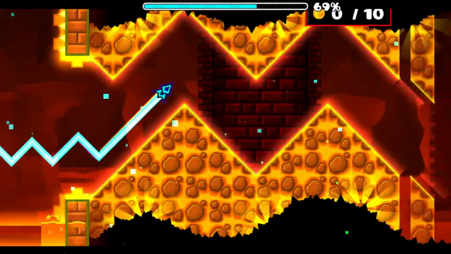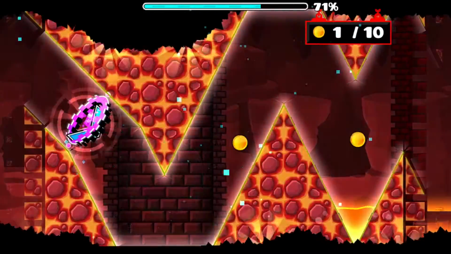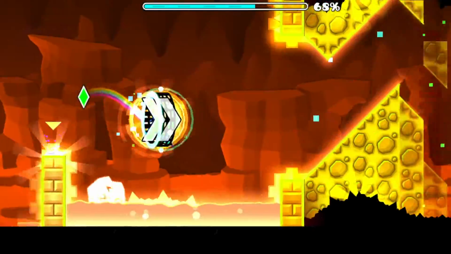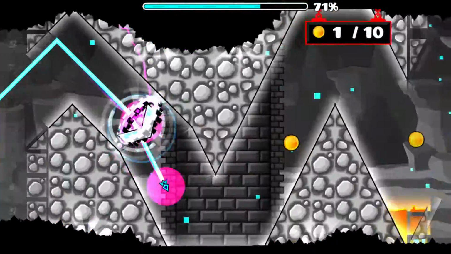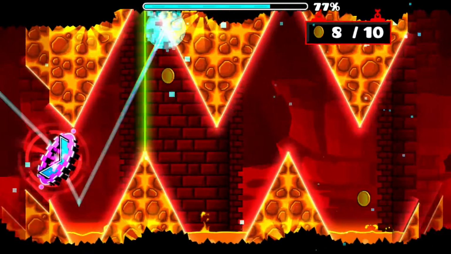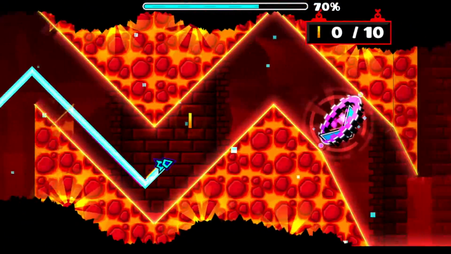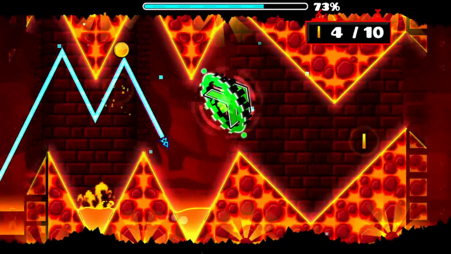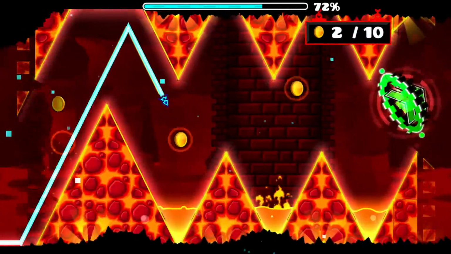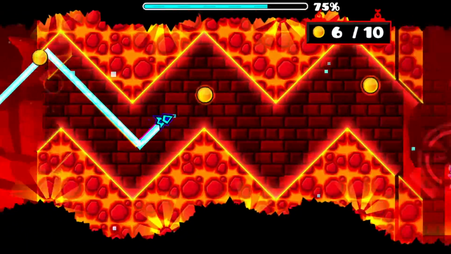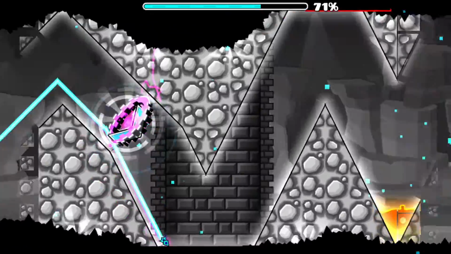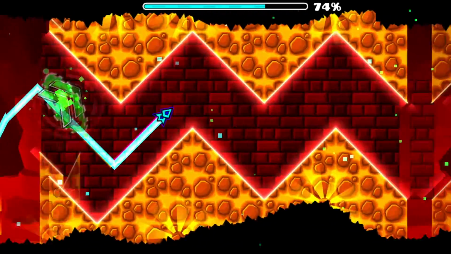So now there's nothing new here. We just go. Okay, so now we're in a wave. Oh yes, mini coins. Oh, this is sick. Just give me a second. Look at this. Look how cool this is. So now we're gonna be in a wave, and now mini coins are a thing. So in this mini wave, just let me get these coins. So now we're just getting these coins, and then, oh yes, look at all these coins. So we just get all the mini coins, and by doing that, we unlock a secret coin, I guess. So that's what mini coins are for.